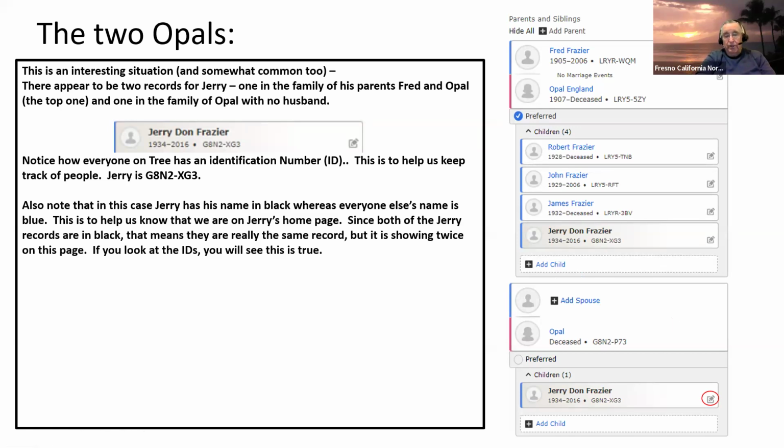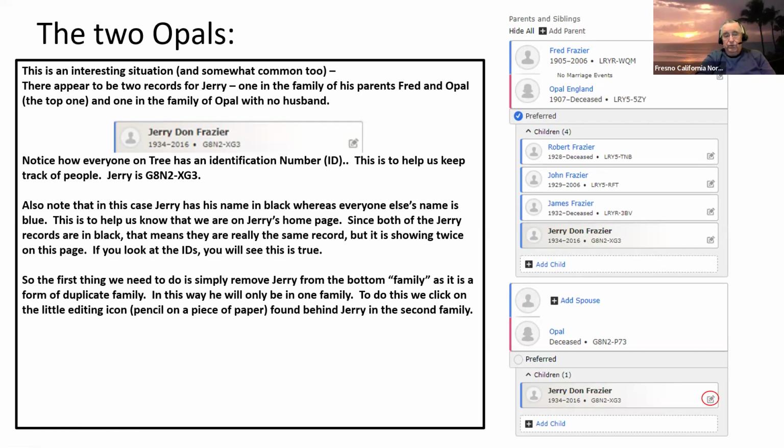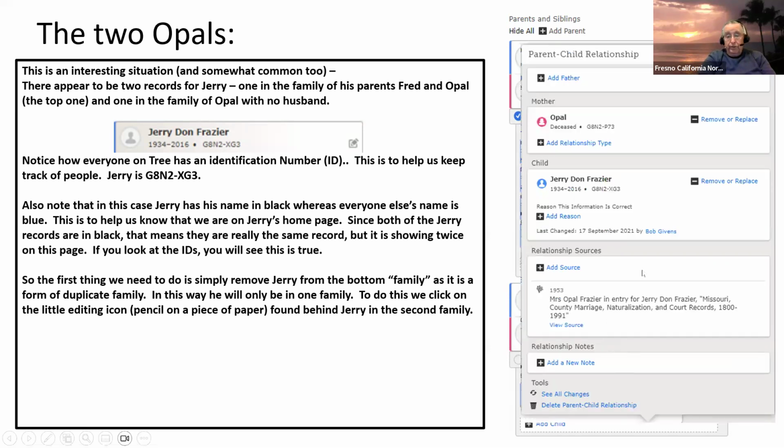The easy way to do this is to just go down here and take this Jerry Dawn out of this incomplete family. And so that's what we're going to do by clicking the little edit button by Jerry Dawn's name. We're ultimately going to want to remove him from this family. But when we do that, that's going to kick this Opal loose out into the tree.